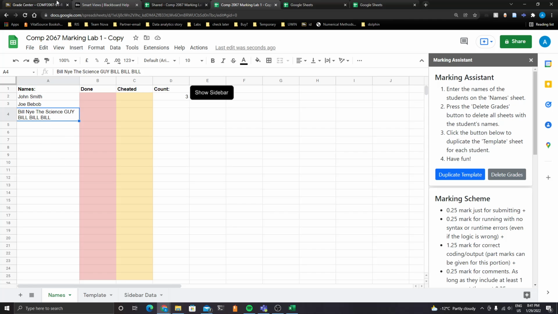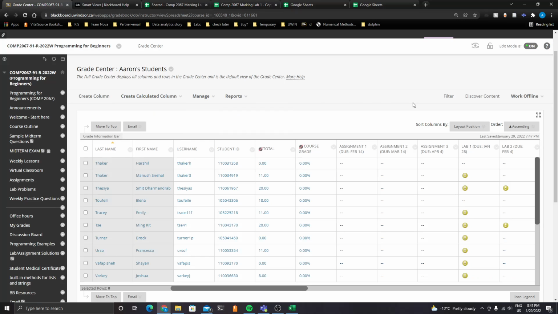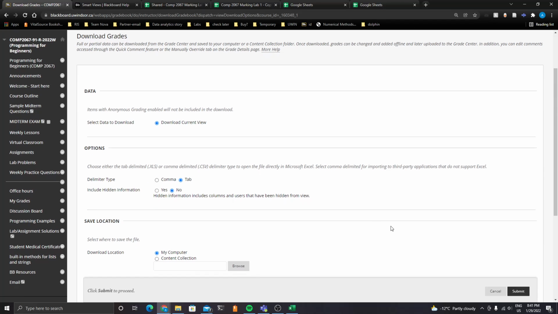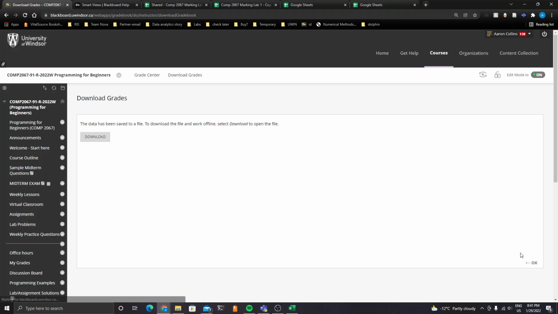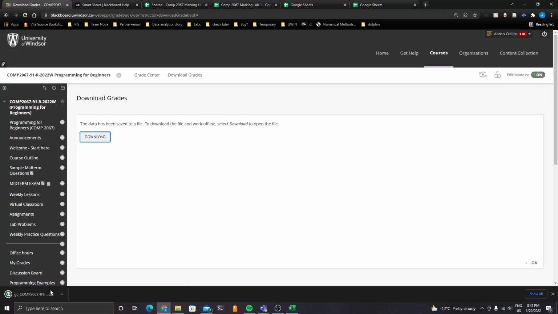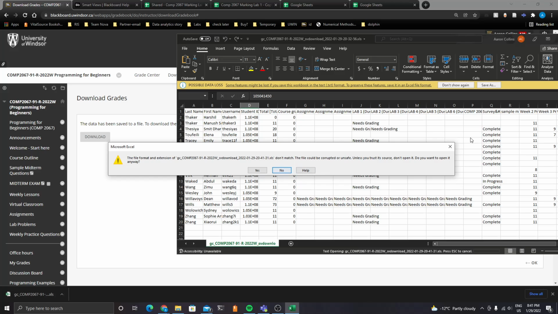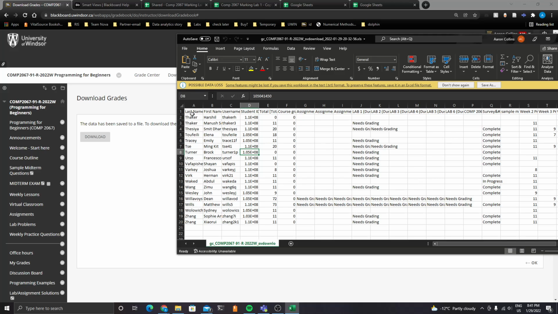Go back to your Smart View. Go to Work Offline and click on Download. Scroll down, hit Submit, and click this Download button again. Open this file. Select the first and last name column, copy it,